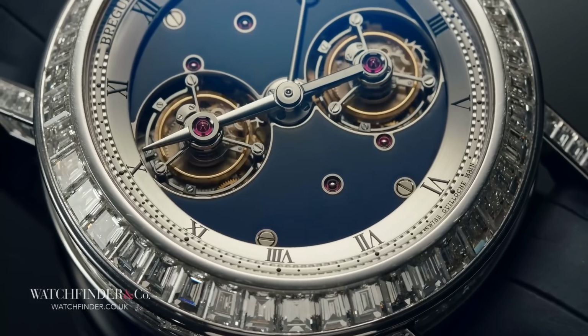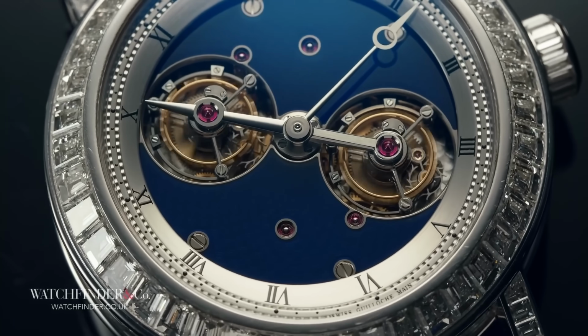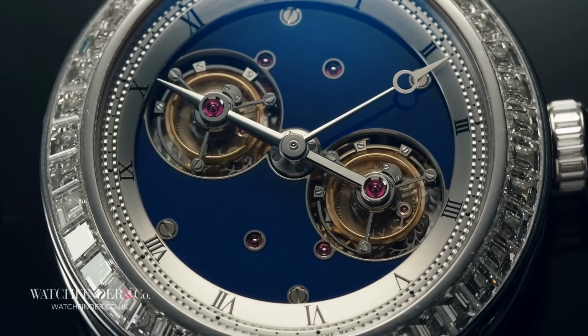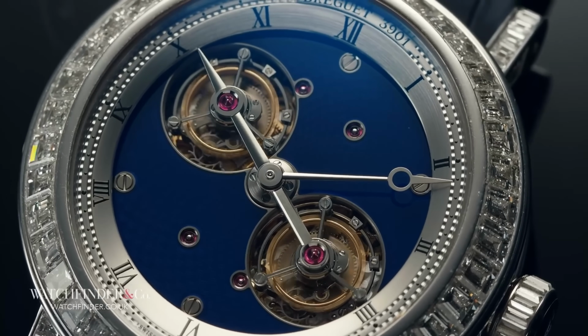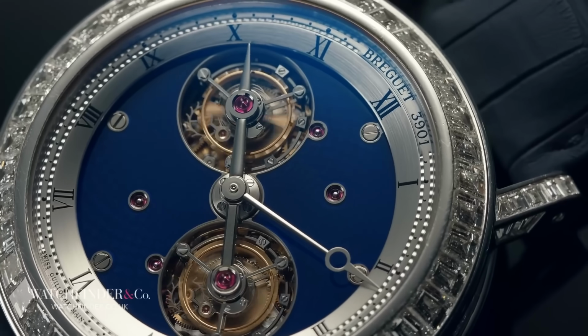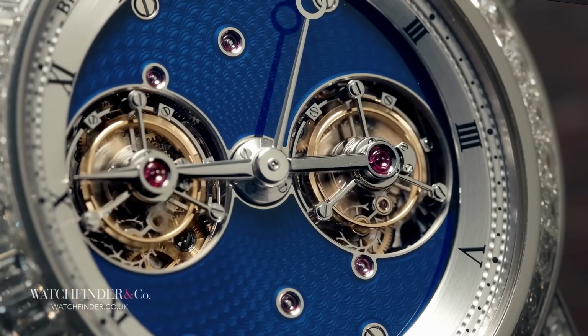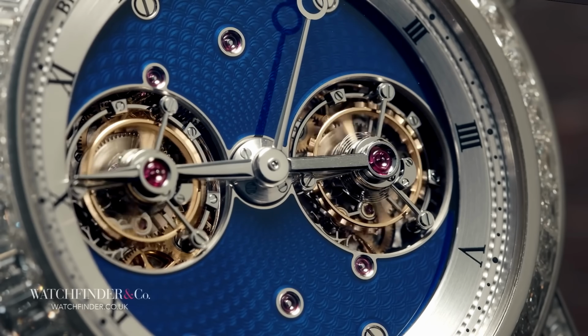This is the first watch I held around the $1 million mark, and of all the watches I've held around the $1 million mark, this one probably felt the most like it should cost $1 million. It's the Breguet double tourbillon, and it wastes absolutely no time getting to the point. Yes, it's shrouded with an unbreakable seal of diamonds, but really where this thing pumps its gas is with the